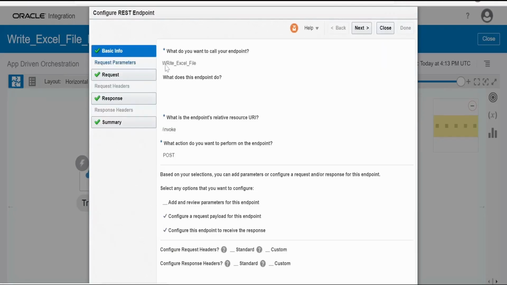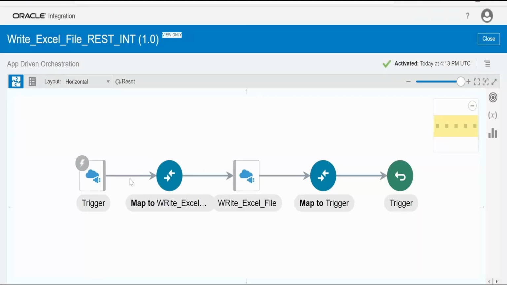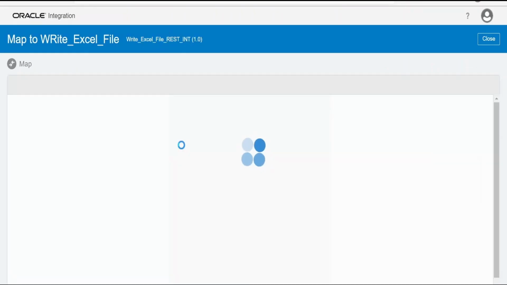So in the wizard, in basic information, I have provided the URI. This I'm anyhow overwriting in my mapper. The complete URI for the function I'm providing in the mapping. The action is POST and it will have a request and response. Click on next. Here I have provided the request and the response which is accepted by the function, and that's it. I'm closing this. Here in the mapping,